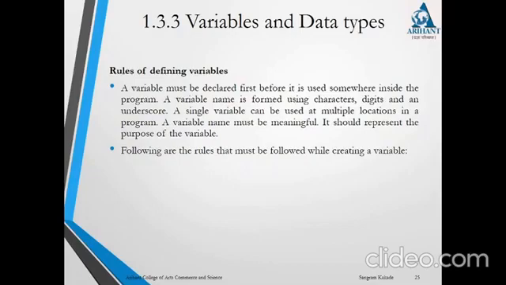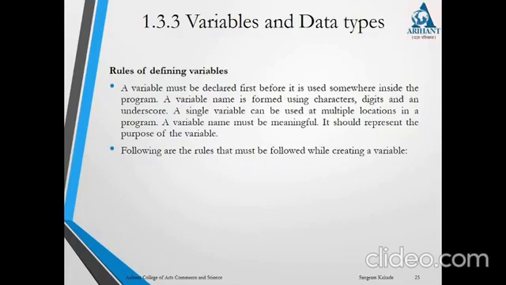A single variable can be used at multiple locations in the program. Once declared, you can use that variable anywhere you want, but it should be in the scope of that program. And if you want to access the variable throughout the program, you should specifically declare those variables in the global declaration. If you declare it in the main, its accessibility remains in the main function only. We cannot access that variable outside that main function. So keep those things in mind.